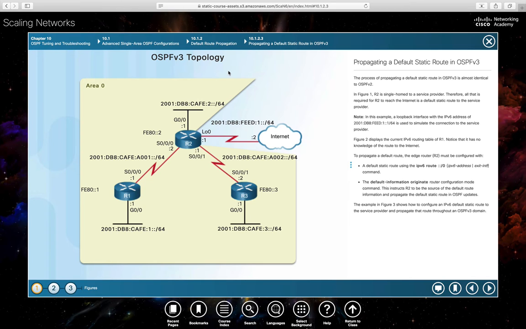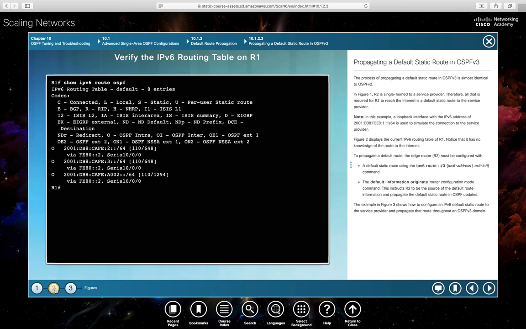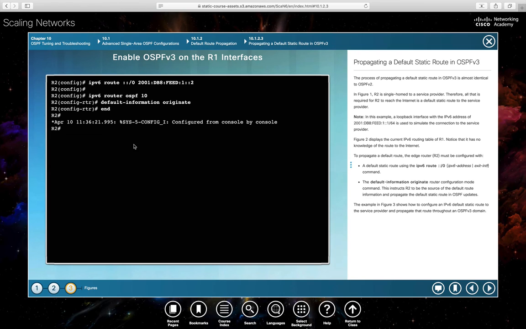10.1.2.3 is the exact same thing, except it's for OSPF version 3, which means we're dealing with IP version 6. So here's the same topology addressed with IP version 6 addresses. Instead of show ip route, we of course use show ipv6 route, and this shows us the routing table. And then if we go to router 2, we do the same thing we did before,